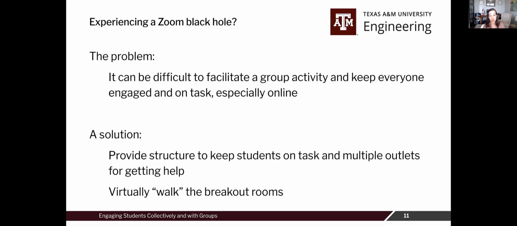And I let the students know that this is going to happen so that they're not feeling like they're being snooped on. I tell them, hey, we're going to pop in and out of the rooms just to check and make sure you don't have any questions or there's not anything we can help with. And they've been really responsive with that. They enjoy that. Sometimes the TA has lots of questions that they answer, and sometimes they're like, nope, they're on track, they're on task, and they move on.